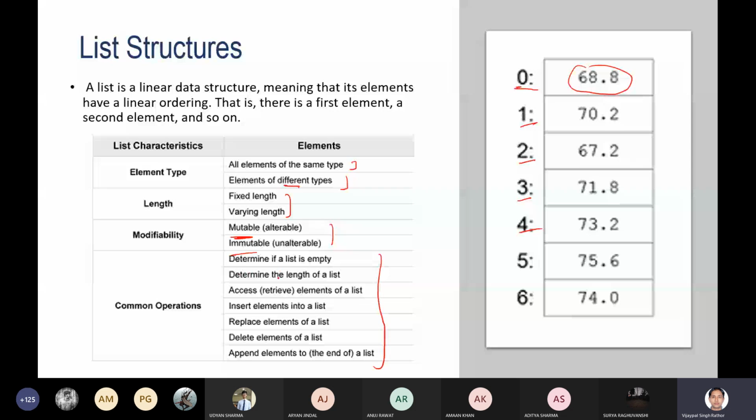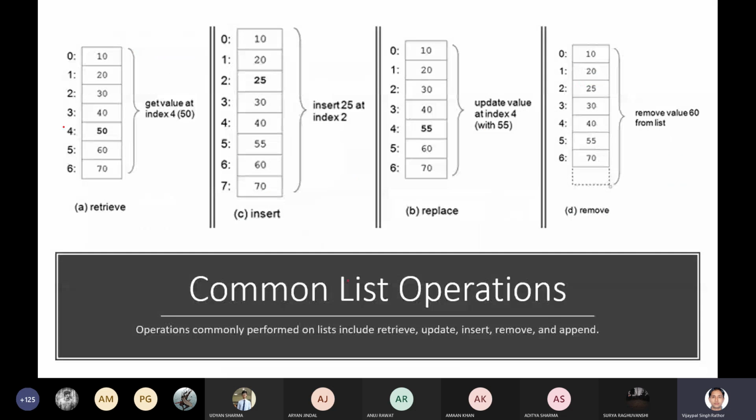Okay. So different types of operations you can perform on the list. Here you can determine if an element exists in the list, or the list is empty, what is the length of the list. So with these different kinds of operations, you can insert an element, replace an element of the list, and you can also append an element to the list. Here are examples. Suppose this is a list that is given. Now you want to get the value at index 4. So what is the value stored at index 4 that you want to obtain? So you can obtain it as 50. This is actually a retrieve operation, where you are retrieving an element from the list using an index value. Okay, that operation you can perform on the list